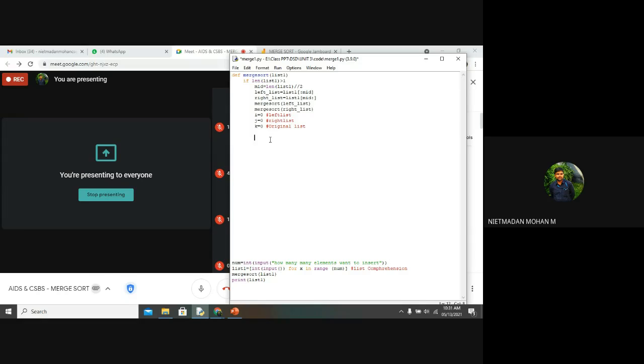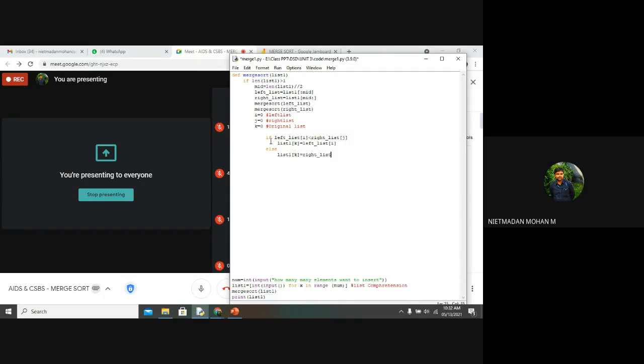I will write the code now, and I will explain how this code works. If left_list of i is less than right_list of j, then list1 of k is equal to left_list of i, else list1 of k is equal to right_list of j.